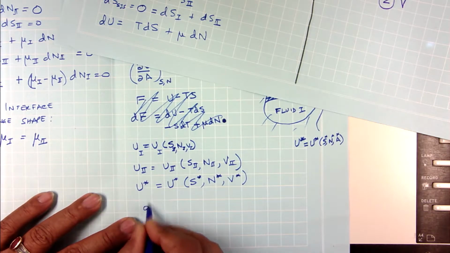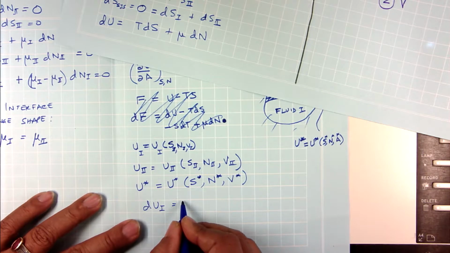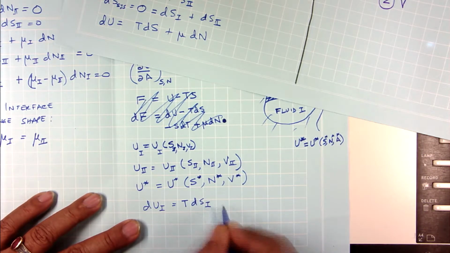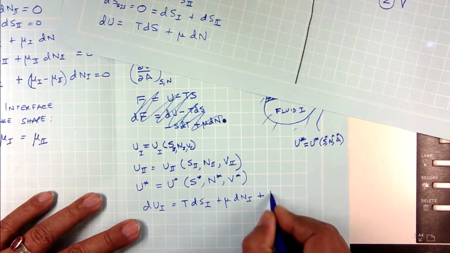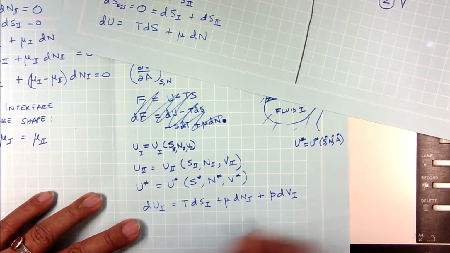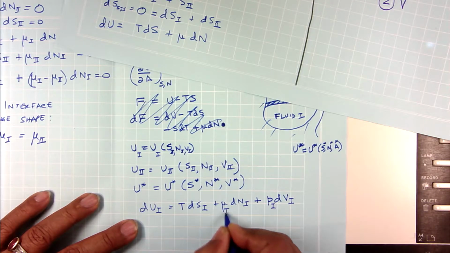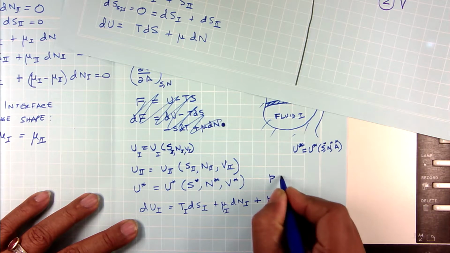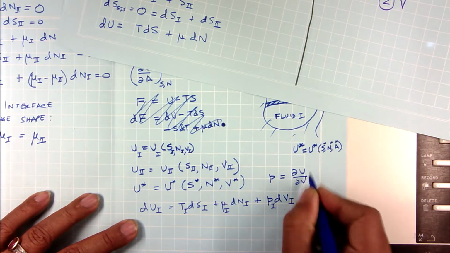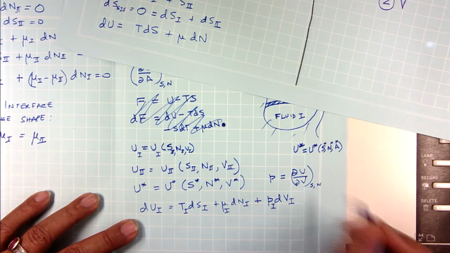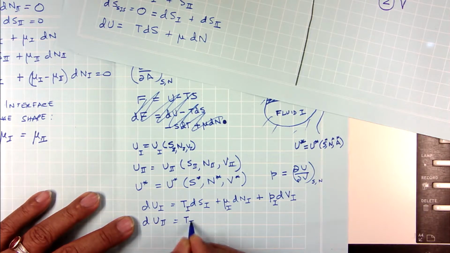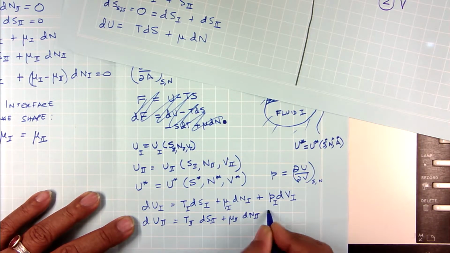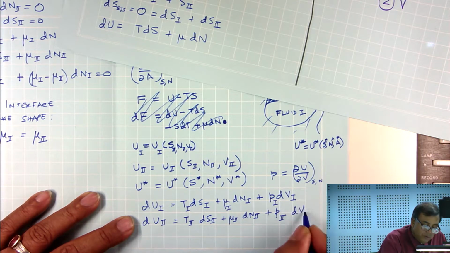So, if I write down my dU1, my dU1 is going to be TdS1 plus mu dN1 plus PdV1, where this parameter P is del U del V, at constant S and N. Similarly, I will write a dU2 which will be equal to T2 dS2 plus mu 2 dN2 plus P2 dV2,